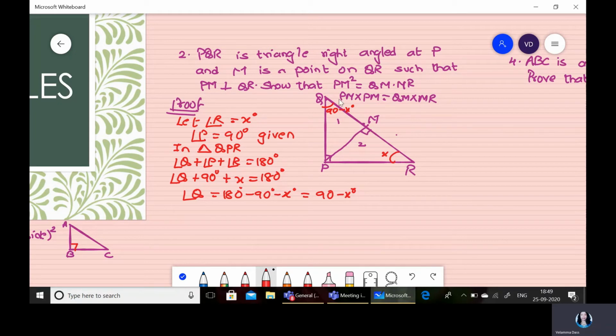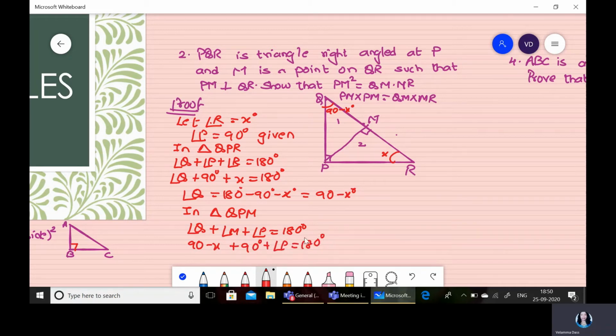So now we need to prove the similarity between triangle 1 and triangle 2, so we require the angles, right? Similarly, if I consider triangle QPM or PMQ, anything, we know angle Q, we know angle M, and angle P, if I take it equal to 180. Can we find this angle P? Here we know that angle Q is 90 minus X. Just now we found angle M is 90 degree, plus angle P equal to 180.